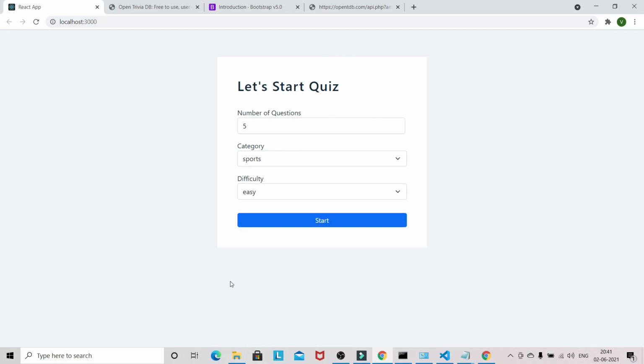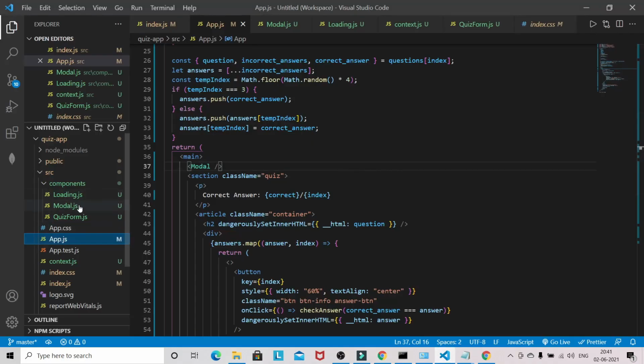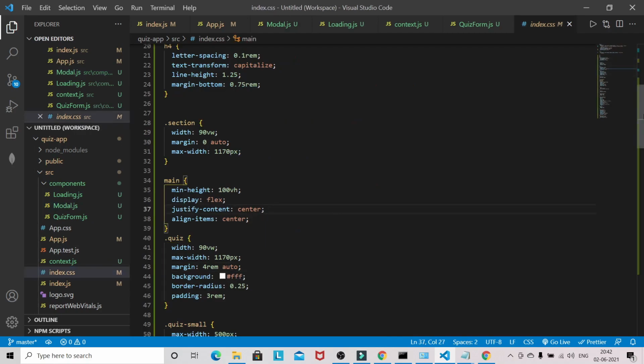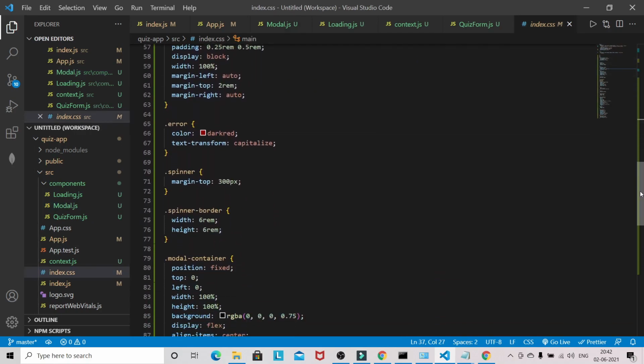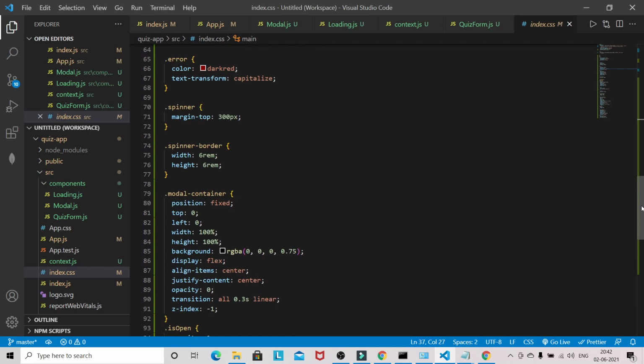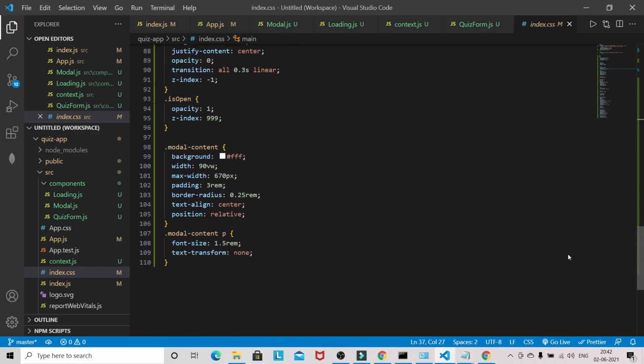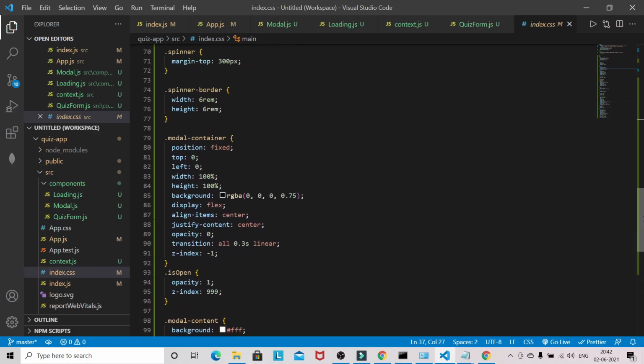Okay, and I'll show you the styling of the model. So we have used the CSS styling here, model container, model content. So you can come over here, and this is the model container and is open, and this is the model content, and this is the model content p tag to style the p tag.